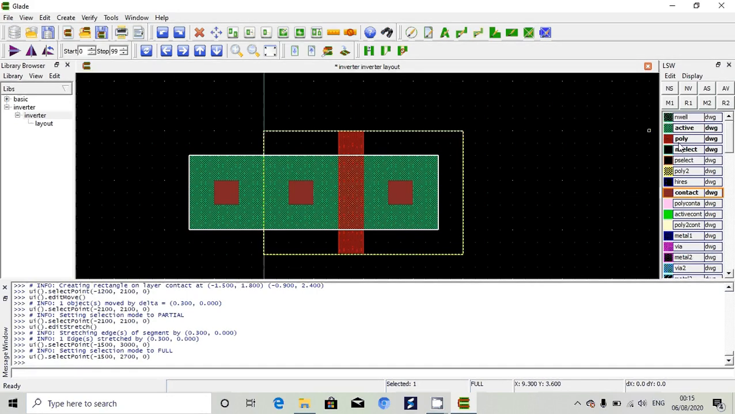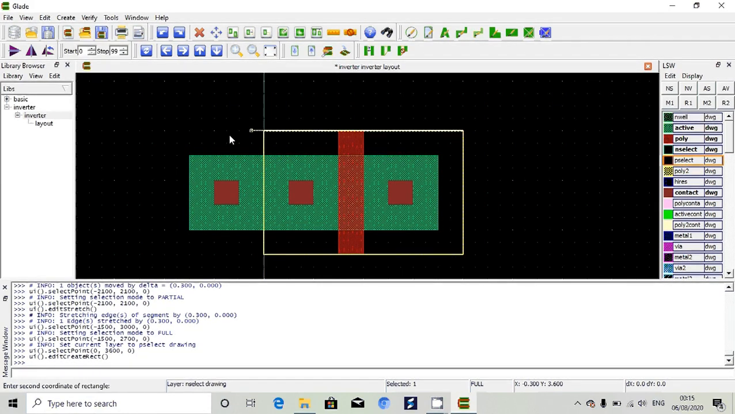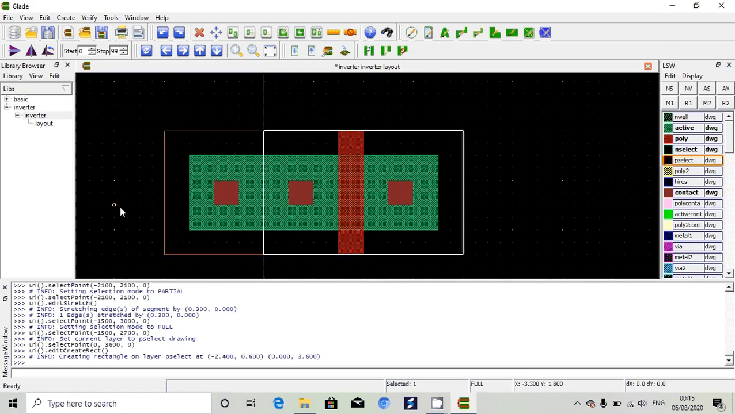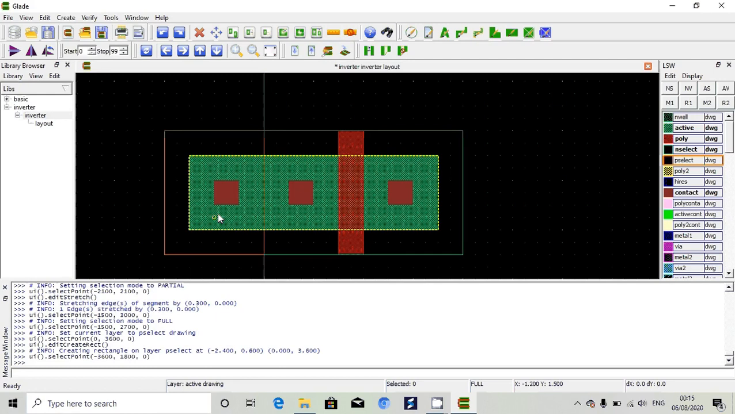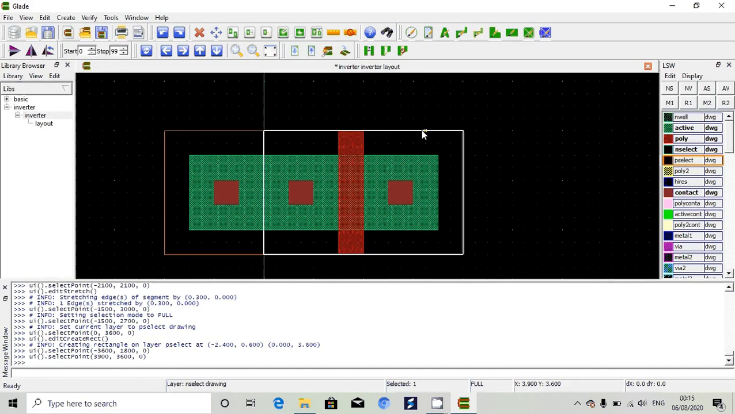Now what I can do is take P select, click on here, press R. Now it formed P plus, then N plus and N plus. Now Nmos is ready. Suppose you want to make Pmos, what you can do is the same thing. I told you 0.6 micro and 1.8 micro is the minimum requirement. You remove these 2